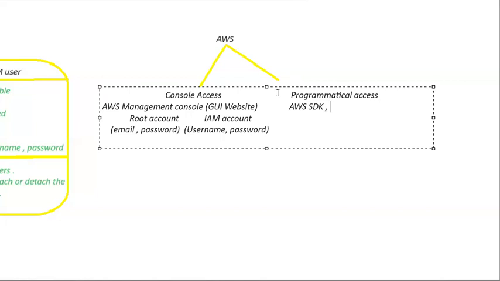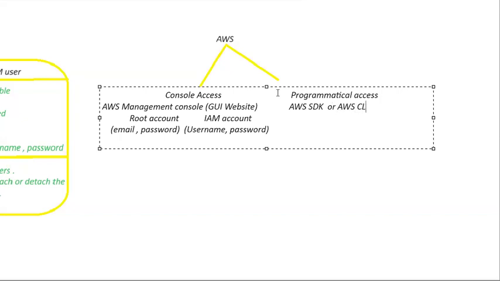Whether you are a Java developer, you write Java code. If you are a Python developer, you write Python code, and so on. You can choose any language to do this. You can also access AWS programmatically by using